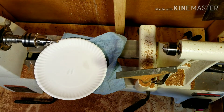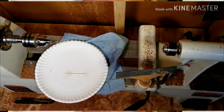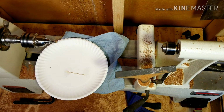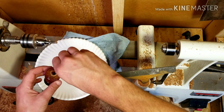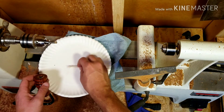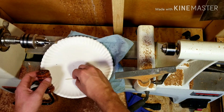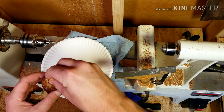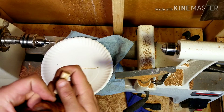So I'm going to mix this epoxy up. You gotta mix it up really well. And once you feel like you have the epoxy mixed up really well, you want to go ahead and put it in here. Filling it up all the way. And a trick I like to do is take a little bit of the sawdust, not a lot, put it in there, wipe around the top,